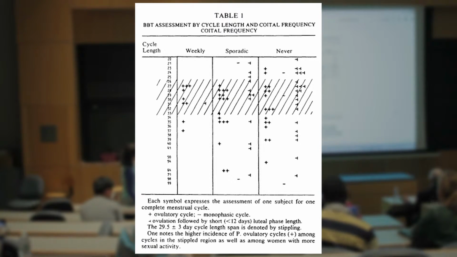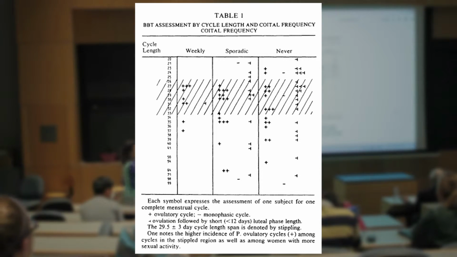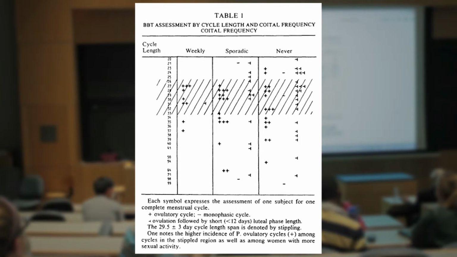Weakly active women, there are 3 kinds of symbols, and each symbol is one person's data. It's her pattern. A plus is a fertile pattern. She ovulates and she has an adequately long luteal phase to permit a pregnancy. All the weakly active women had different cycle lengths, but all of the ones with the pluses are completely fertile, and the one with the lopped off right part of the plus, that's a luteal phase defect. So one of the weakly active women had a luteal phase defect.